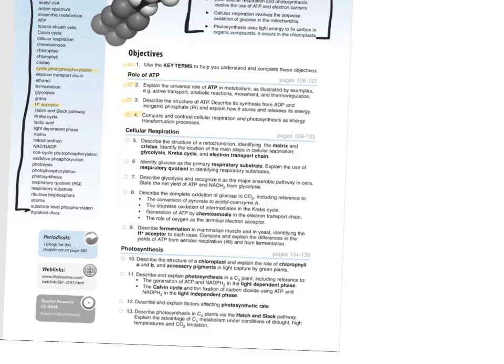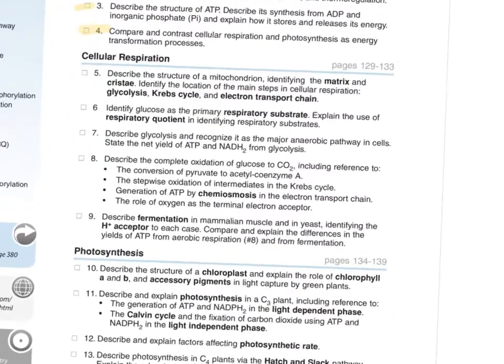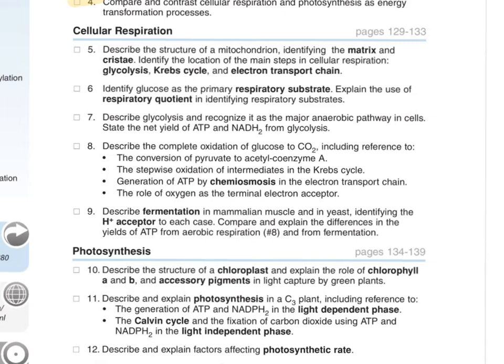All right, then it goes on, and then we go through cellular respiration. Well, what are the steps to cellular respiration? That was today's bell work. There it is: glycolysis, Krebs cycle, electron transport chain. Wow, that would have been easy. Highlighted in dark black, the 5th thing that you should know, in something that was given to you two weeks ago. Identify glucose as the primary respiratory substrate.